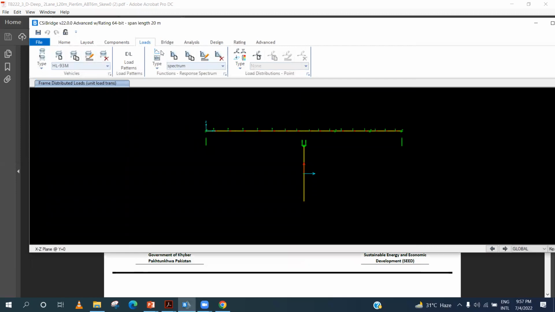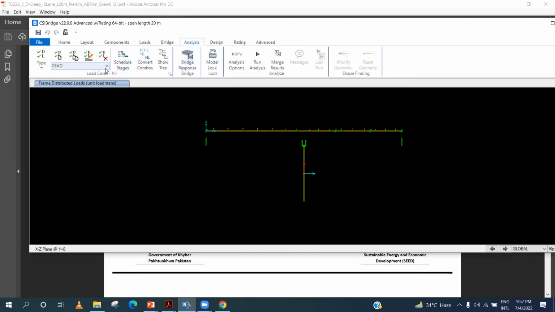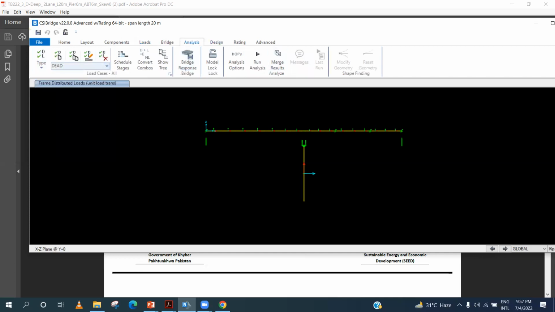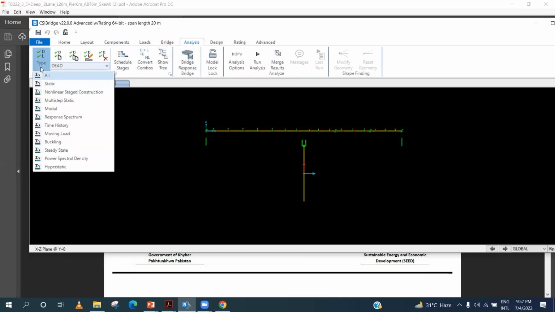Now this response spectrum that you define is basically a load pattern. So when you want to analyze in CSiBridge, you have to convert it to a load case. In that case you will come here to this Analysis tab. Under Load Cases you should click this tab. You will see